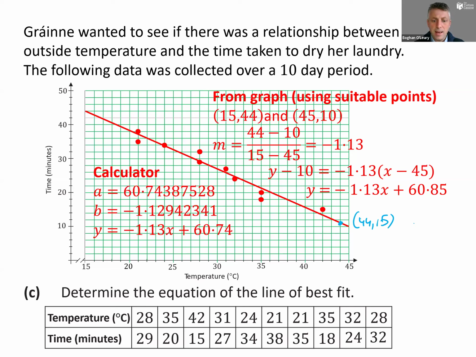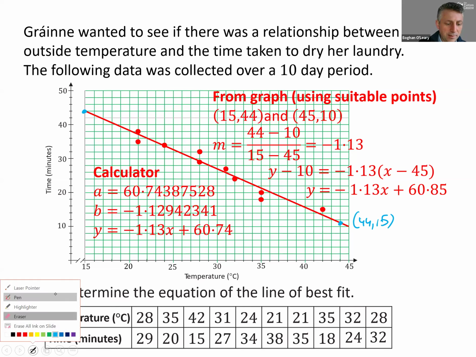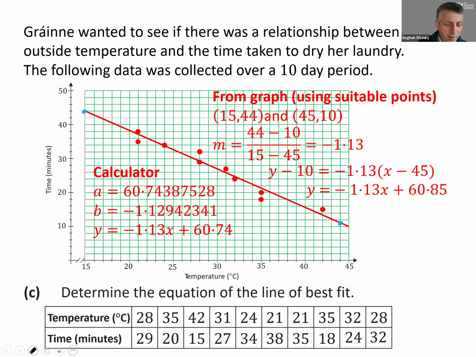44.15. And then if we go the other way, actually, if I look at this point up here, it's a bit of a coincidence, isn't it? Actually, no, I was wrong about that one. So let me erase that one there. If I go up from here, this would be a better way. If I go up from this one, I'm at a nice easy point to identify